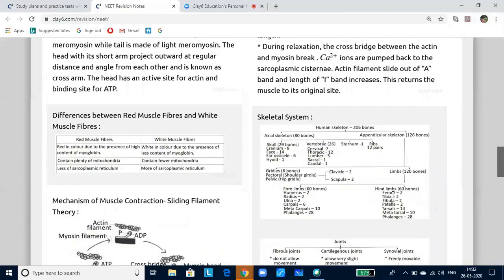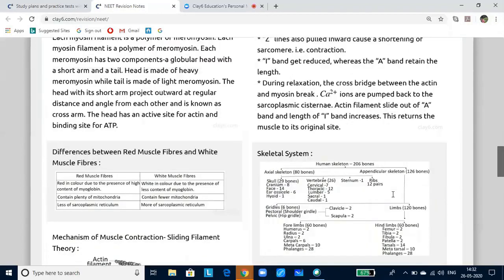Now with this, let us look into the mechanism of muscle contraction, which is explained based on the sliding filament theory. It is initiated by a signal sent by the central nervous system via a motor neuron. The mechanism of muscle contraction is best explained by the sliding filament theory. The junction between a motor neuron and the sarcolemma of the muscle fiber is called a neuromuscular junction or motor end plate. At the junction, a neurotransmitter, acetylcholine, generates an action potential in the sarcolemma.